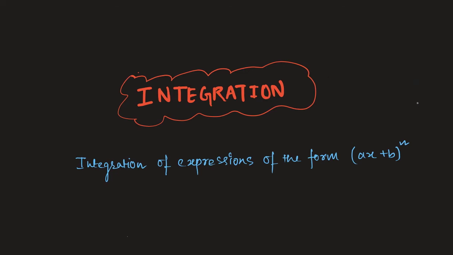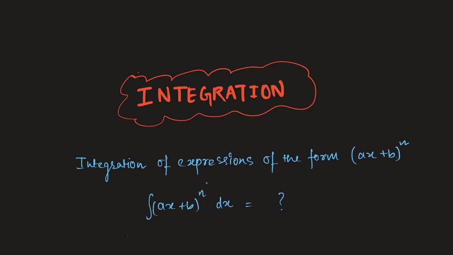Hello, today we are going to understand a topic which is part of integration: how to integrate expressions in the form of (ax + b) to the power n. As we know, integration is just the reverse of differentiation, or what we call anti-differentiation. So to understand what our general formula would be when we integrate (ax + b) to the power n with respect to dx,